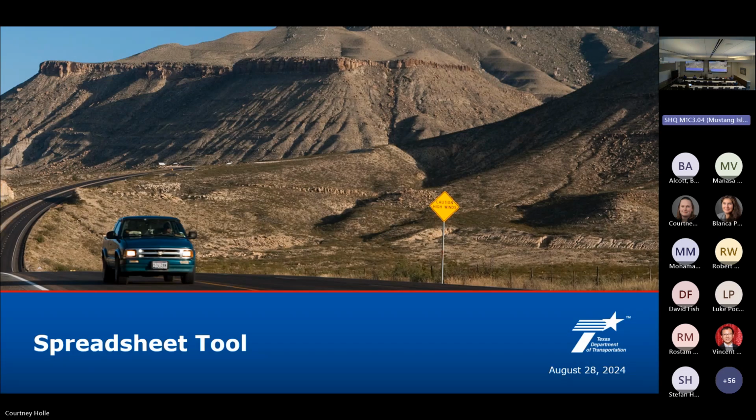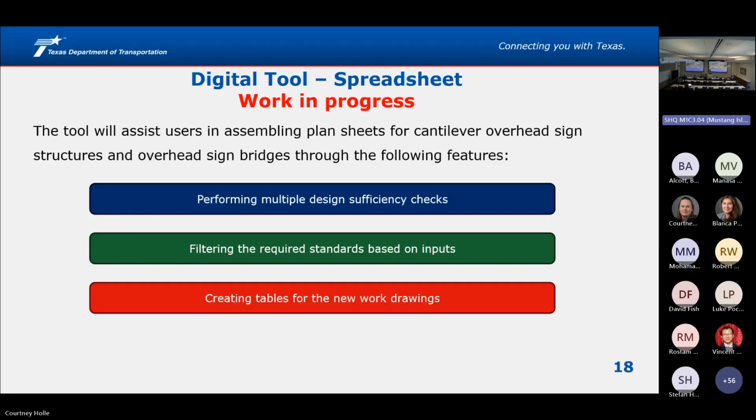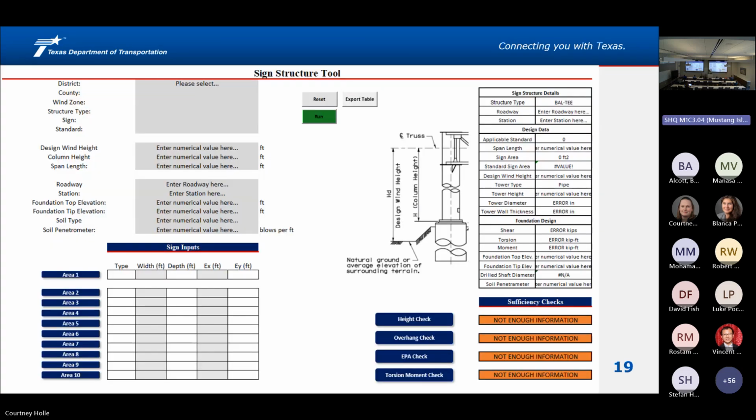Up next, this is our new design tool we're putting together. It is very, very preliminary. There's a lot of changes coming, but it's going to be awesome. It already is amazing. This is a design tool to help the engineer of record follow the right process, provide the data, and reduce error. First off, it's going to do some design checks to make sure that you've selected the right wind zone, the right structure, and all that. It's actually going to provide a list of standards for your use, and then it's also going to create those standardized tables. So here's a preview of a current version of the tool. We'll go through all of it in little bits here.